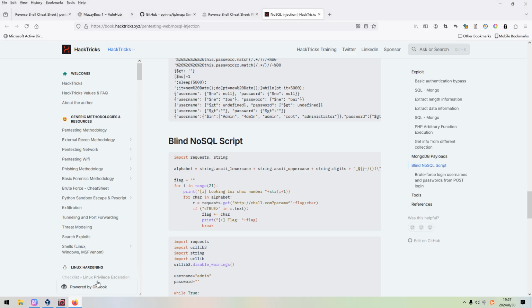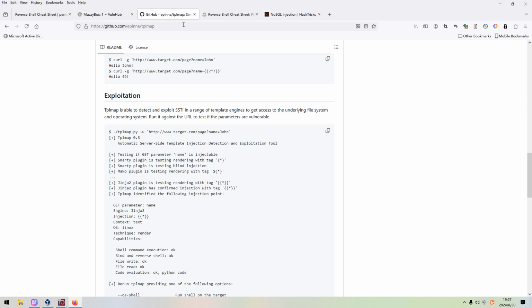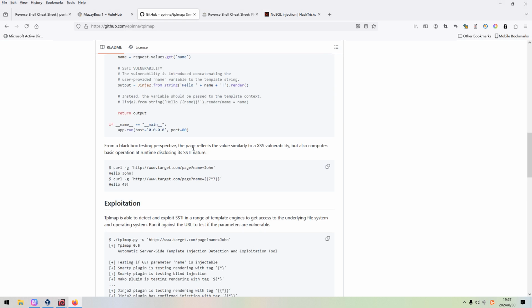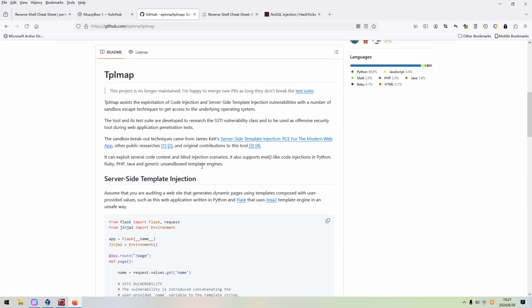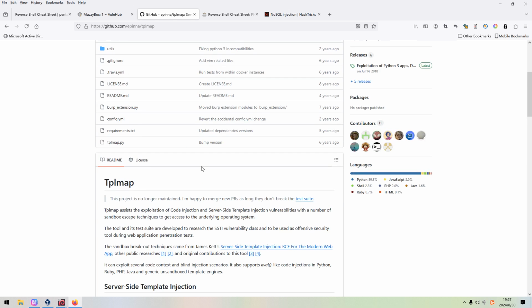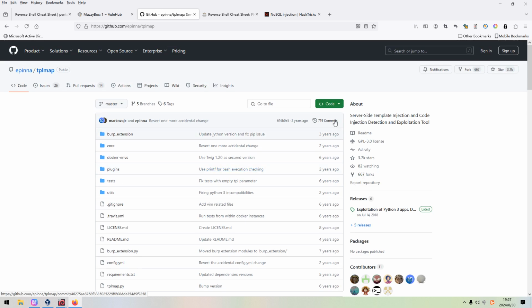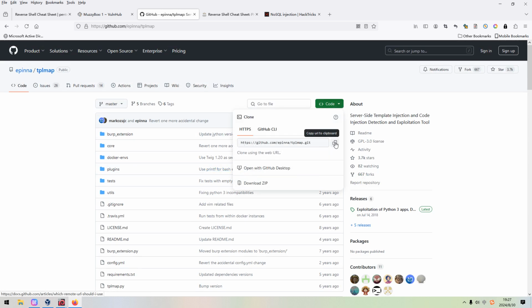So I think we can utilize one utility, this one, the tplmap, to get the shell. And also I'd like to show you, maybe you run this utility, you will get an error. So this is how this can be solved. I'd like to show you next.